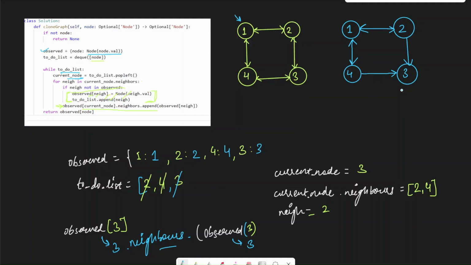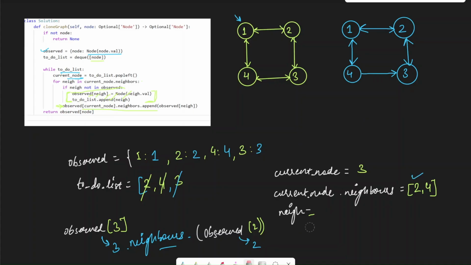So 3.neighbors, we are saying 3.neighbors will be equal to observed of nei. Nei is 2 this time. So observed of this green 2 will be equal to this blue 2, which means this node. So we are saying there is an edge that is going from 3 to 2. So we have evaluated this.